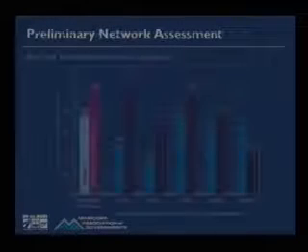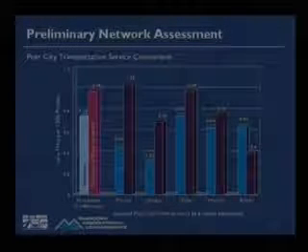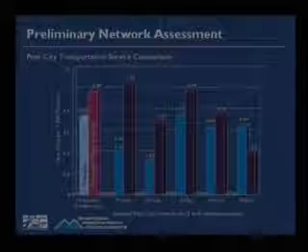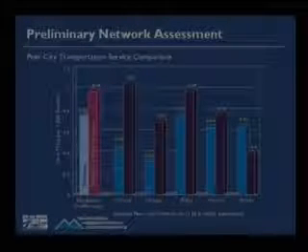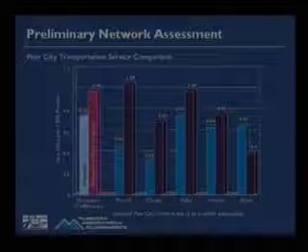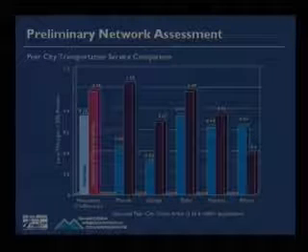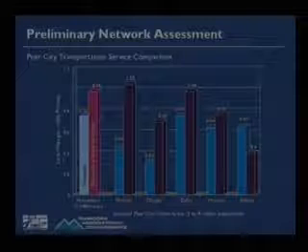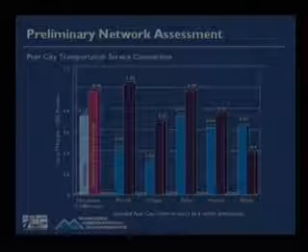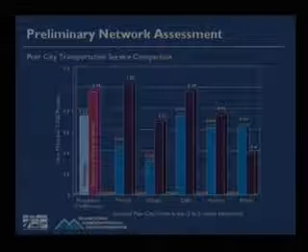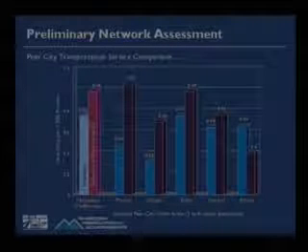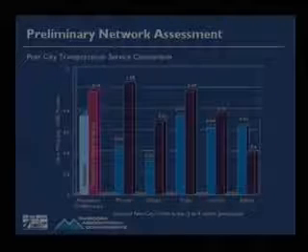We also compare it to other communities throughout the United States, and we compare favorably to Dallas and Houston. Atlanta has more freeways than arterials, and I can attest to that. I was a former resident of Atlanta, emphasis on the word former. But the thing is that they haven't been able to build up an arterial network, so they put everything in their freeways, and they now have some of the worst traffic congestion known to man.